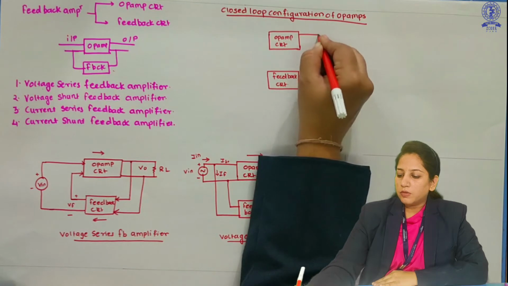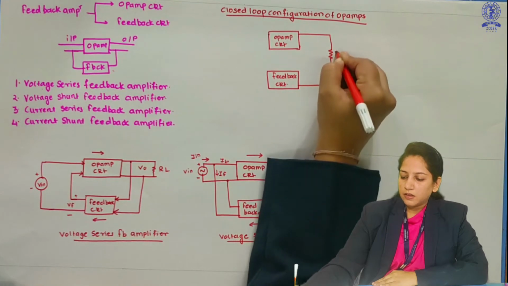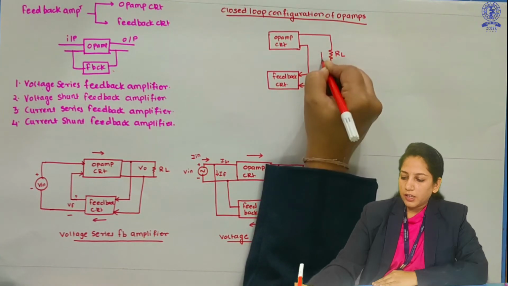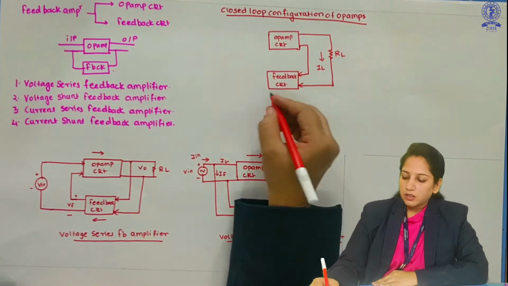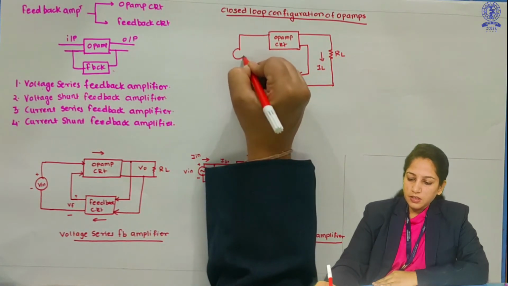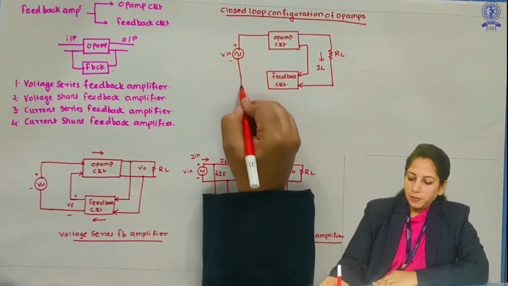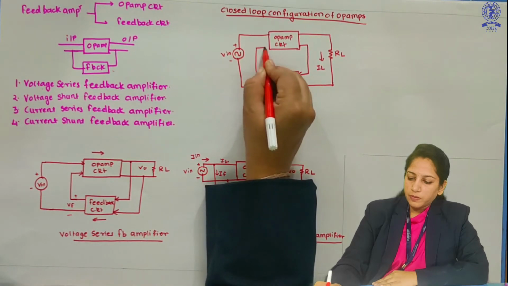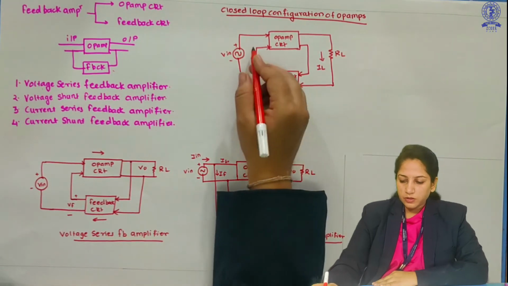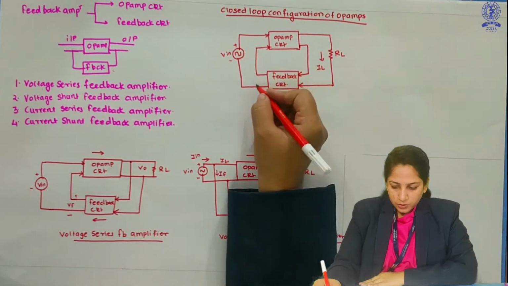So here will be the load resistance RL, so IL will be the current flowing through this, and as I have told, this current is in series, so here I will give this in a series format. So this is V in. In this way, the current IL is given to the feedback circuit, through the feedback circuit to the input of the operational amplifier.